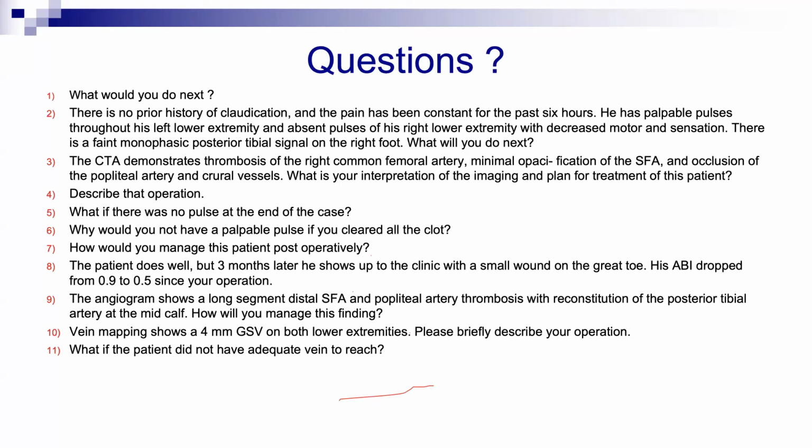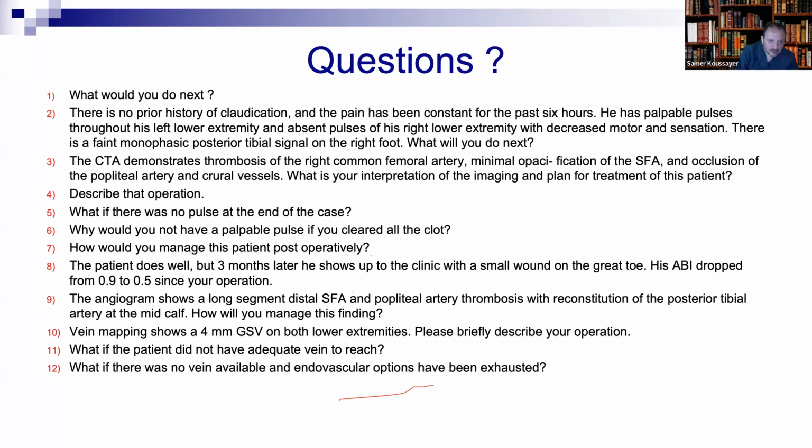Okay. I will also order a vein duplex, vein mapping. You can use an upper limb vein, or a prosthetic graft with a cuff vein. Okay, it's a cuff vein if it's not, you know.